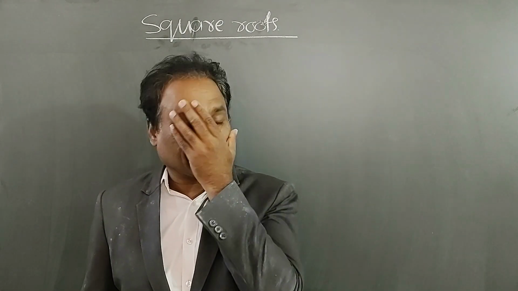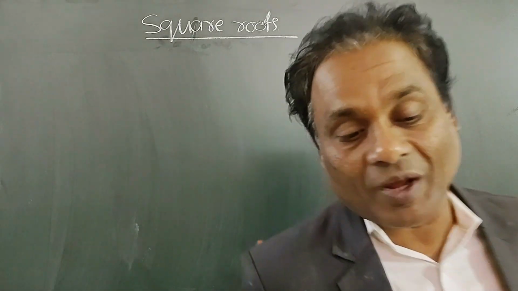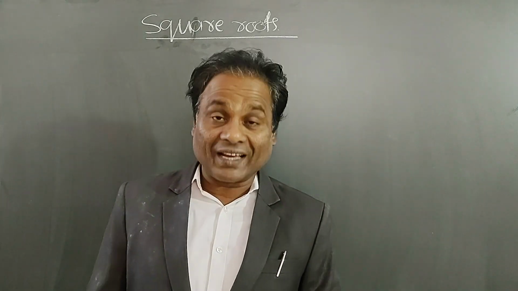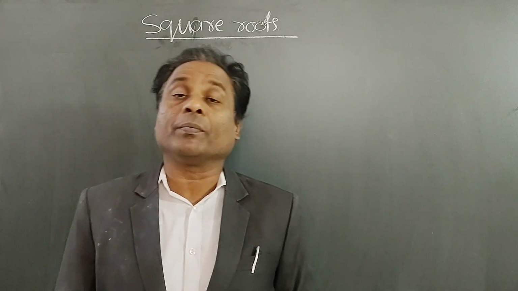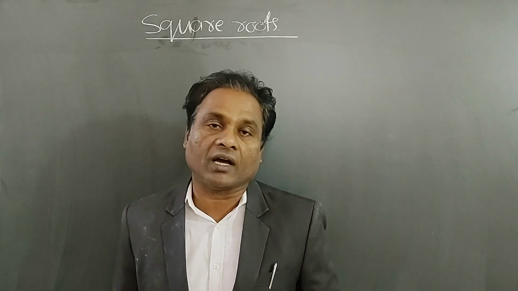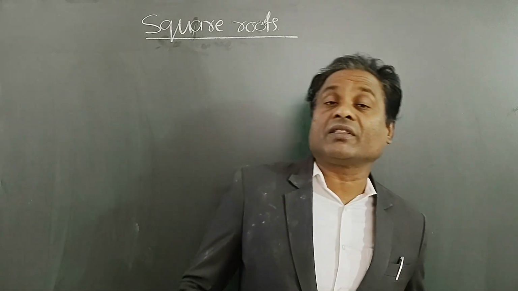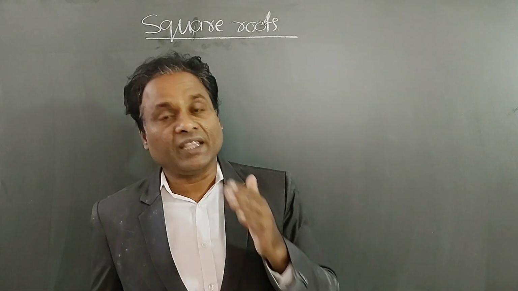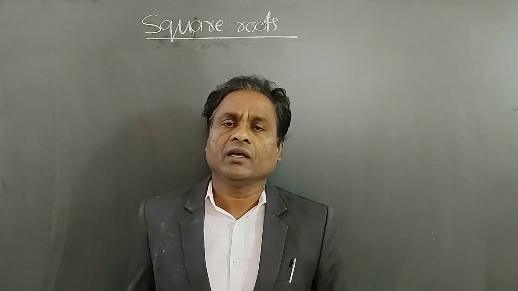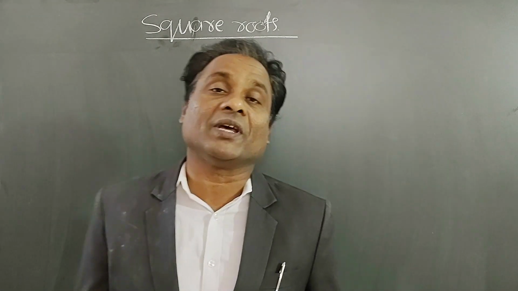And of course, we are continuing our square roots and cube roots chapter, which is the 6th chapter in our textbook. We are in the 3rd exercise. First 2 exercises we completed. Square of a number, how to square a number, that we discussed, and finding the square root by factorizing method, that is also over. Now in this exercise 6.3 we are finding the square roots of any number by using the division method.